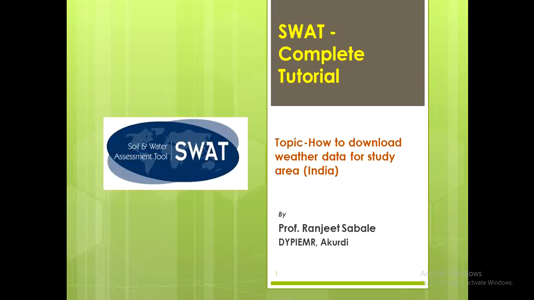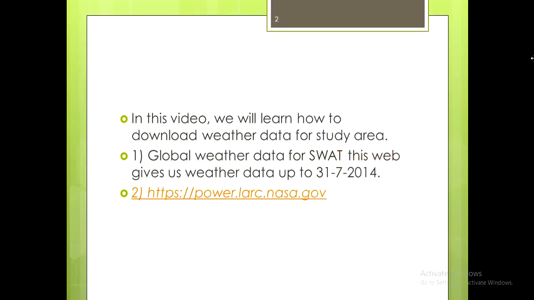Hello everyone, in this video we will learn how to download weather data for a study area. There are two methods to download the weather data. In the first method, we have to use Global Weather Data for SWAT, this link to download the weather data, and on this link the weather data is available up to year 2014. If we require the latest weather data, then we have to search for this website, that is the second point,